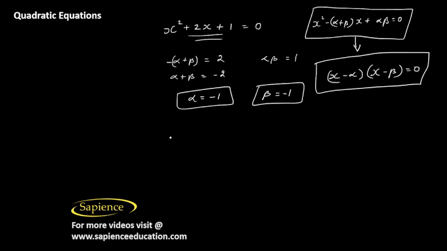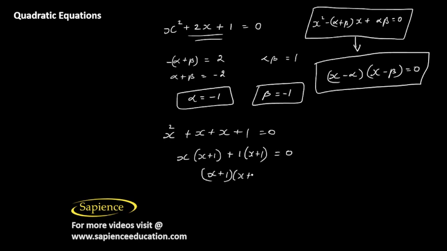So similarly, here also we can say x square plus 2x is written as plus x plus x plus 1 equal to 0. We're taking x common, x into x plus 1, plus 1 into x plus 1. Now x plus 1 is common, so x plus 1 into x plus 1 equal to 0. So the value of x plus 1 whole square will be 0 only when x is equal